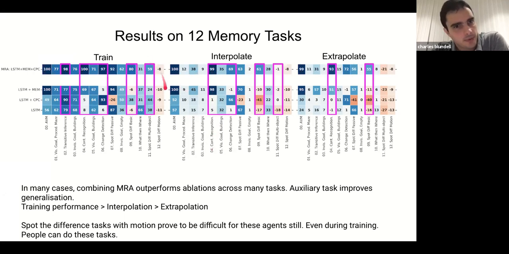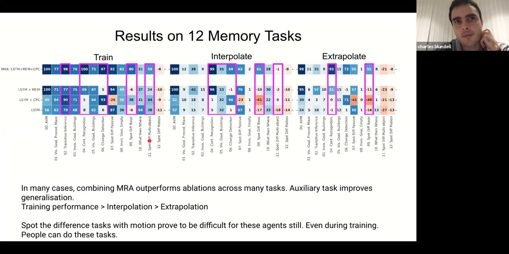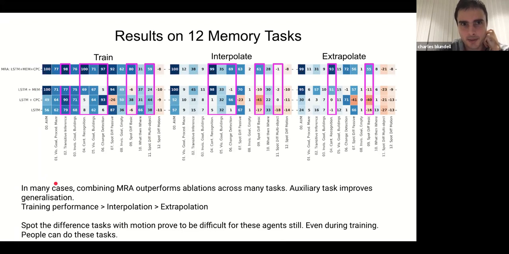But what's really proved to be difficult is spot the difference tasks. So spotting how things are moving around, for example. There's a spot the difference task where things move around differently, and you have to identify those. Those proved to be particularly difficult, and extrapolation, anything to do with spot the difference, was very difficult. So it's not completely solved, but hopefully this sort of illustrates the kinds of things agents struggle with if you don't have various components. And spot the difference is something that haunts me at night. Why can't we solve this? Anyway,